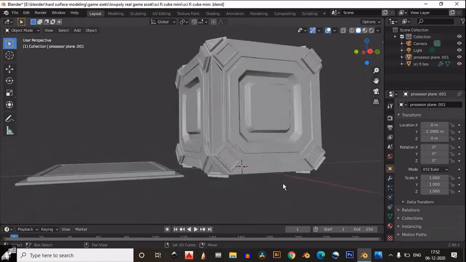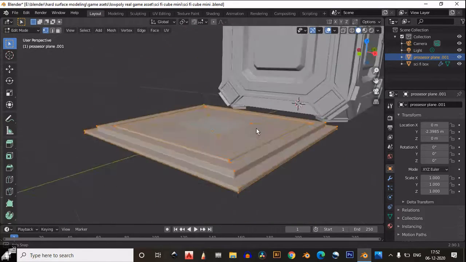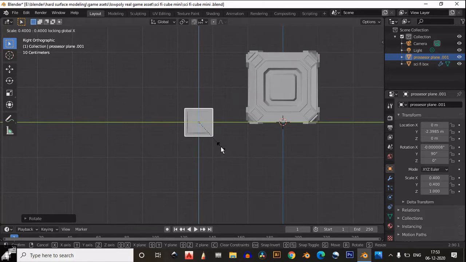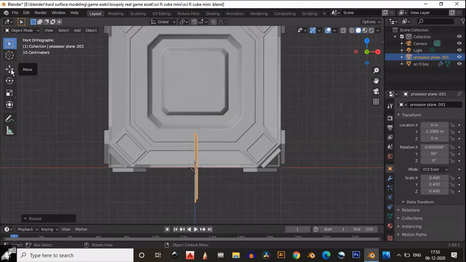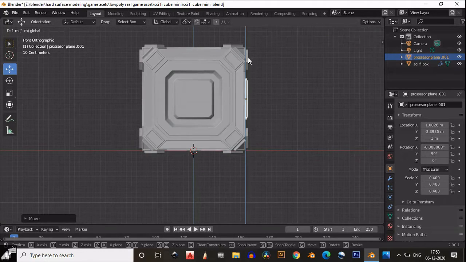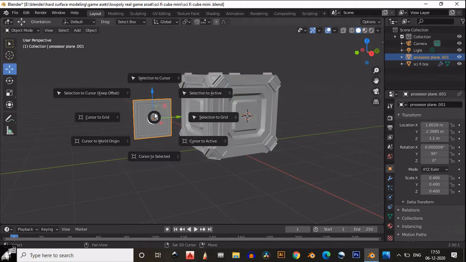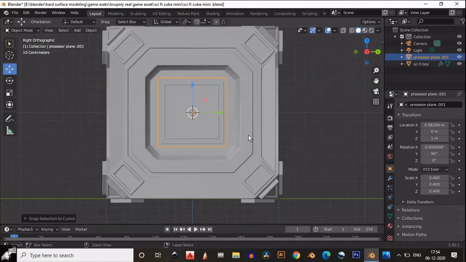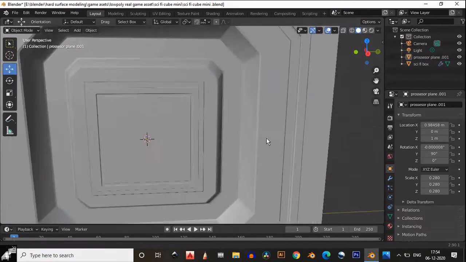Now we need to fix our processor on the cube, the sci-fi cube. So select this processor, and then rotate it like this by 90 degrees and scale it down a little bit, and we need to fix it on the center face of our sci-fi cube. So just select and give it its proper position. Make sure you select our cube face, and then your 3D cursor should be at the face, and then you can fix your processor at the top face of the cube.